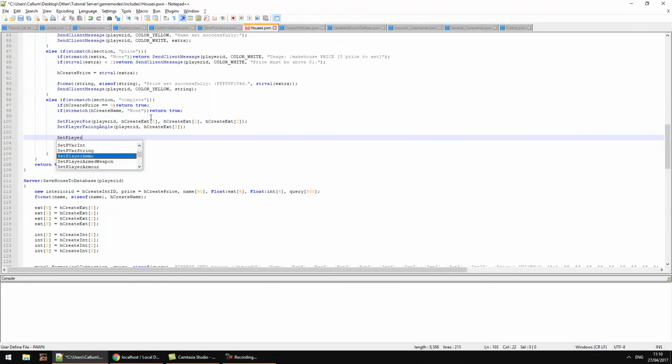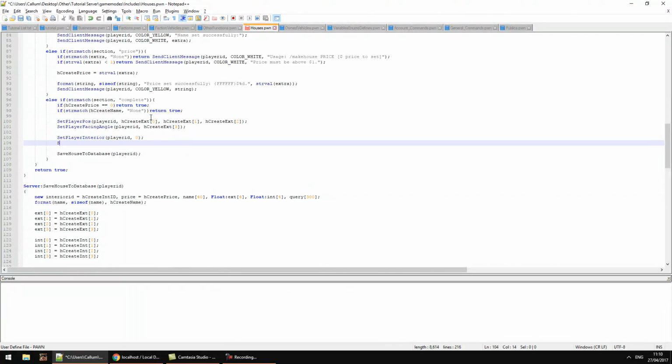Then we'll set our interior and virtual world to 0, just so then we're fully clear, and that's it. Compile that,